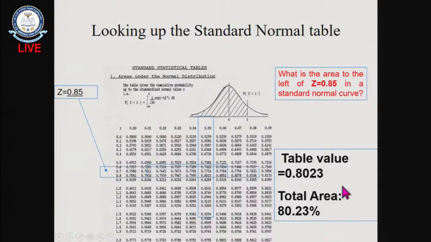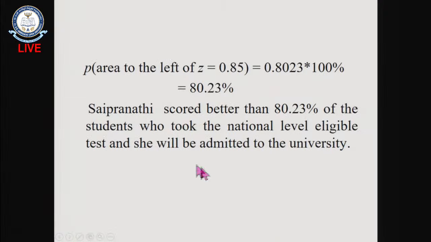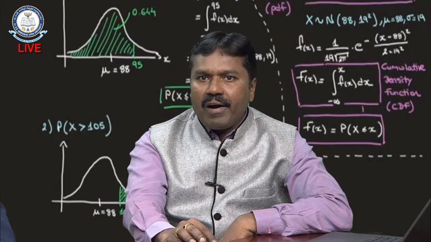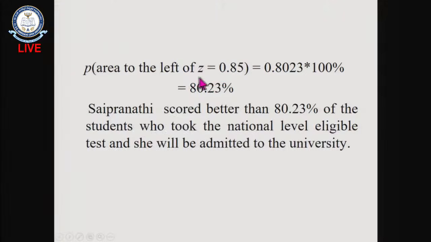So I will get the total area, as I just explained. Total area is equal to this percentage into 100. Yes, I got this total area as 80%, 80.23%. Therefore, the probability of the area to the left of z equal to 0.85 is 0.8023 into 100%, which is equal to 80.23%. So now I can conclude Sai Pranathi scored better than 80.23% of the students who took the national level eligibility test,